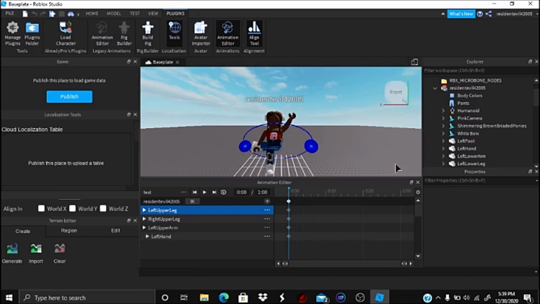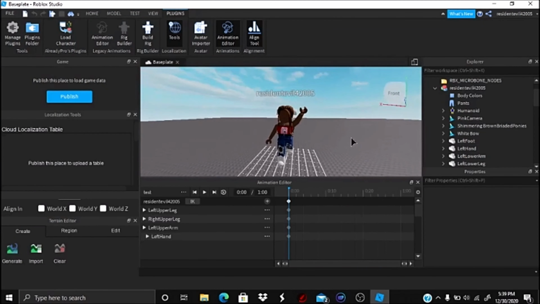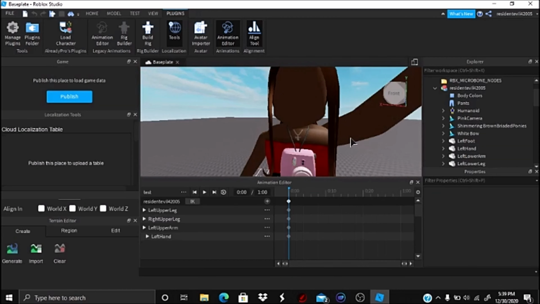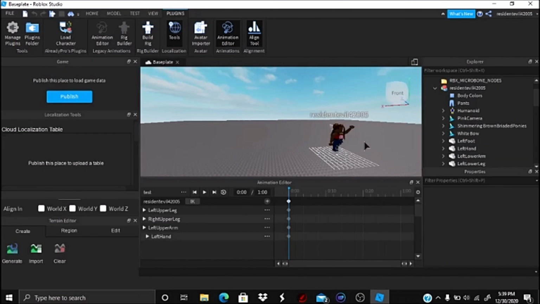If you ever make a mistake, you can hit Control Z. Alright, so let's stick to this pose here, right? It's like I'm walking and I'm like, yeah, okay. So once you're done with whatever pose you choose,